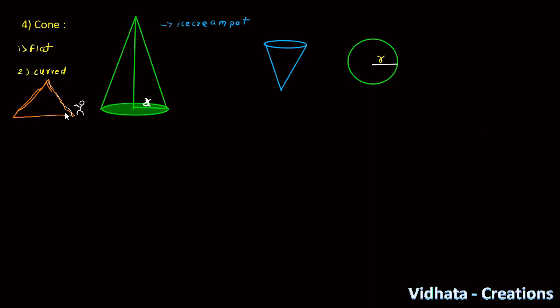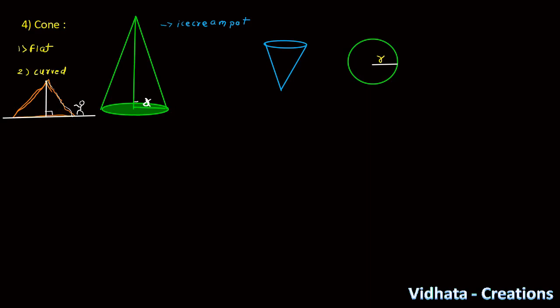No, this is not the actual height of the mountain. Then what will be the actual height of the mountain? The ground is over here. You are standing on the ground. Then the actual height of the mountain is this. Here this angle is 90 degrees.